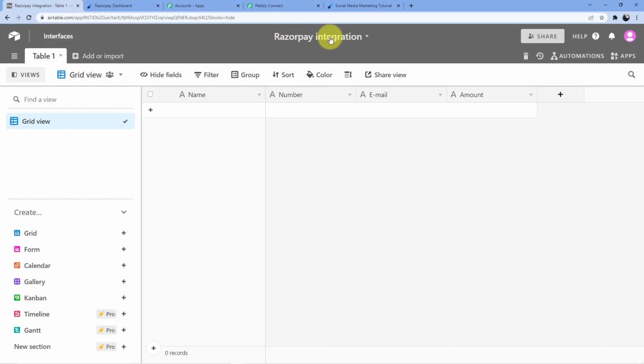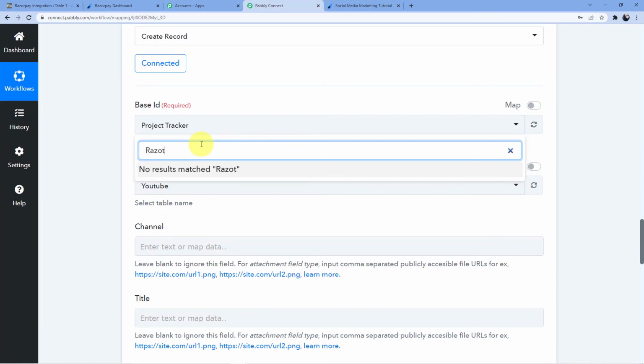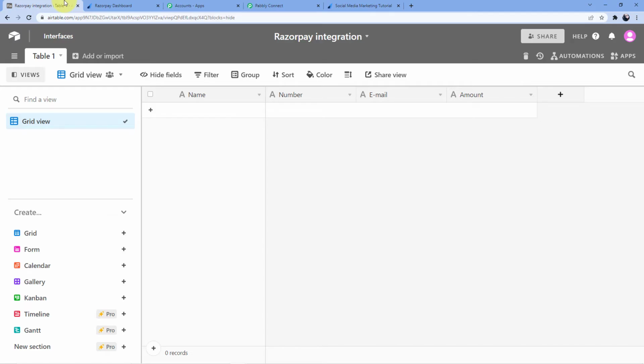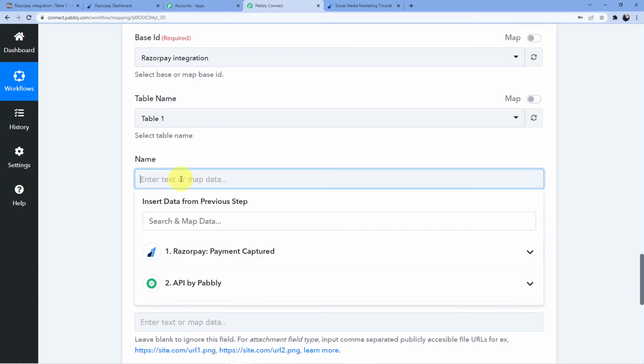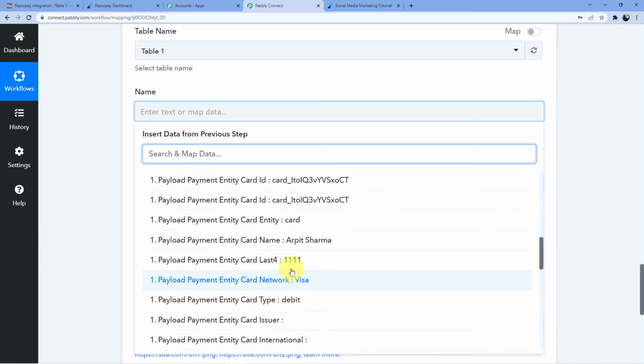Now what you have to do, you have to select the base ID. So this is your base ID, Razorpay integration. Select this. Razorpay integration. Now table name is table 1. It will automatically take the table name. Now name. Again, I am going to use the mapping technique here to fill these fields. So name was Arpit Sharma.